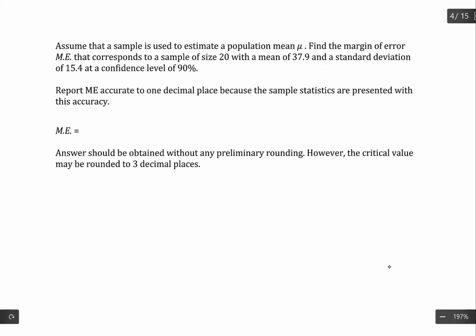Okay, so to come up with a margin of error, the first thing that we need to note here is the value that we're estimating is the population mean, because it says here we want to estimate the population mean. So that gives us a set of formulas that we need to work with. So the formula for coming up with a margin of error for a population mean. Margin of error is a critical value based off of a distribution.